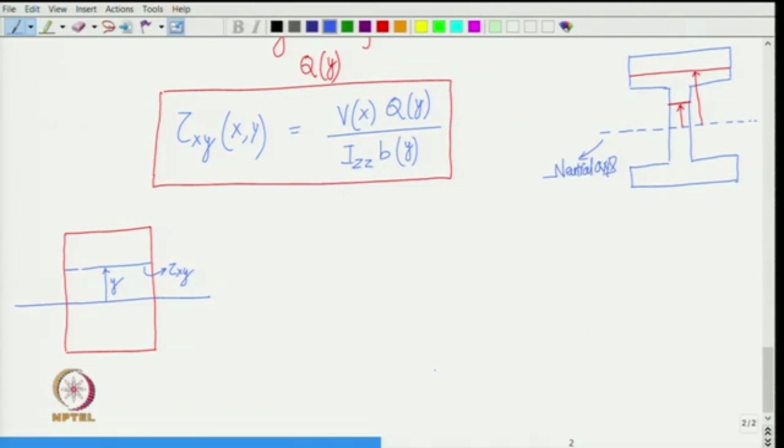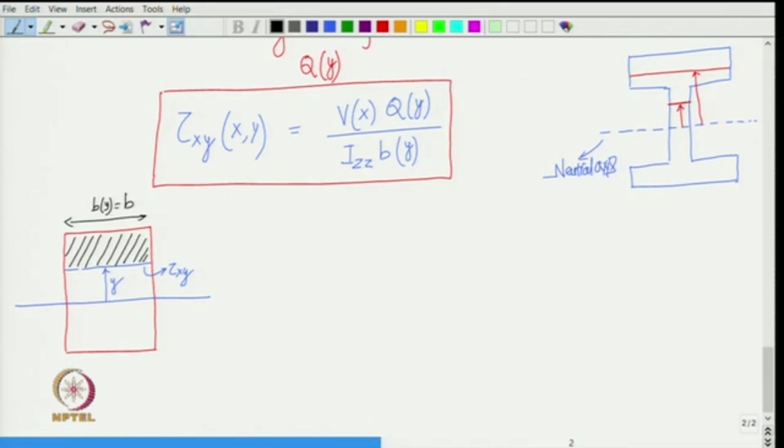So, when we want to know tau x y at a point whose y coordinate is y, then we draw this y equal to constant line and look at the shaded portion above that line, and find out the first moment of this shaded area q, and then apply this formula, is it not. So, let us see what we get in this case. So, here of course, the width b is constant, it does not change with y. So, b of y is equal to b,